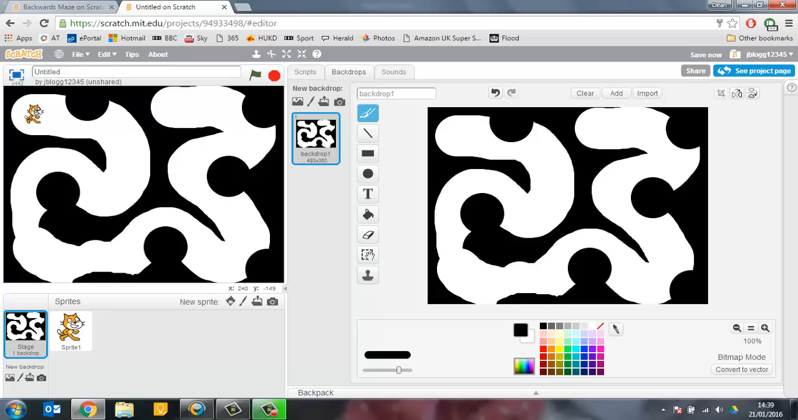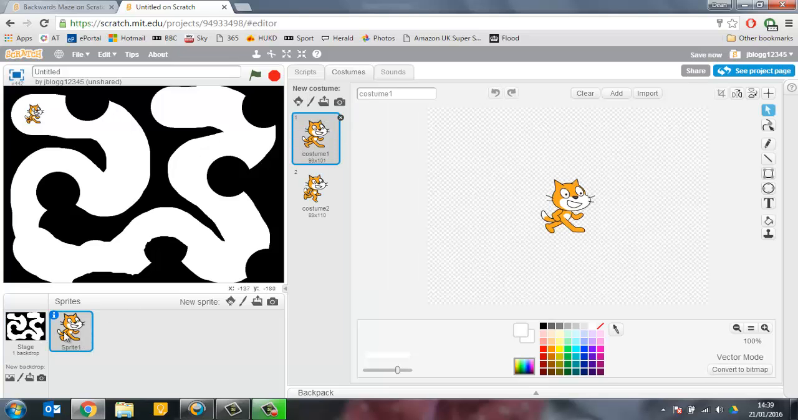So once you've got something like this, making sure that there's nothing that's going to be too thin so that your cat can't fit through, what we're going to do is click back onto sprite 1 and make sure that costumes is selected by clicking on costumes up here. And costumes is just a different version of the same sprite. So we're going to have one that's pointing to the right,